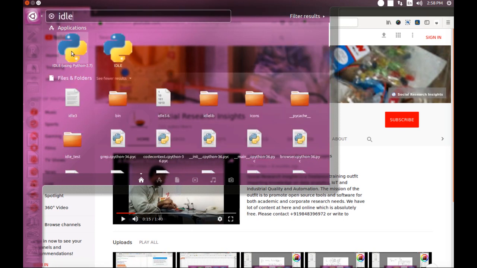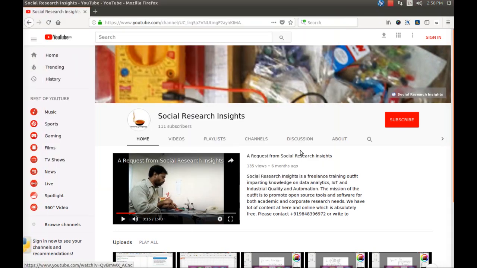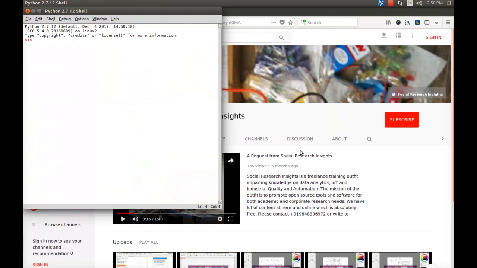Then you will get IDLE, and you just have to click on that. I'm going to choose 2.7. This is IDLE. IDLE stands for Integrated Development and Learning Environment. It is not just an IDE, it is a learning environment. So if you are a learner, you can simply